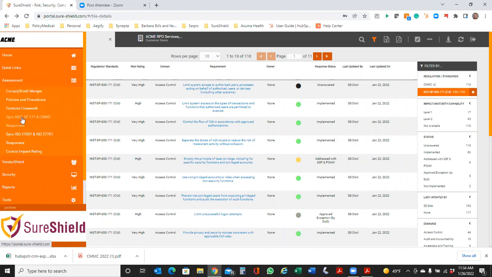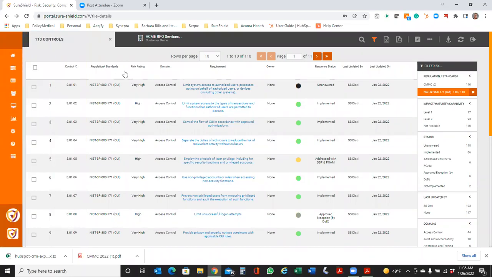If you click this button, it will pull up and show you where those mappings are, and then you basically click a button that says sync and it will sync up your answers. So again, no need for you to do any additional work around that. And you can see with other tools that we have as well, we have synchronizations and control crosswalks that are in place, depending upon the frameworks you're working with.